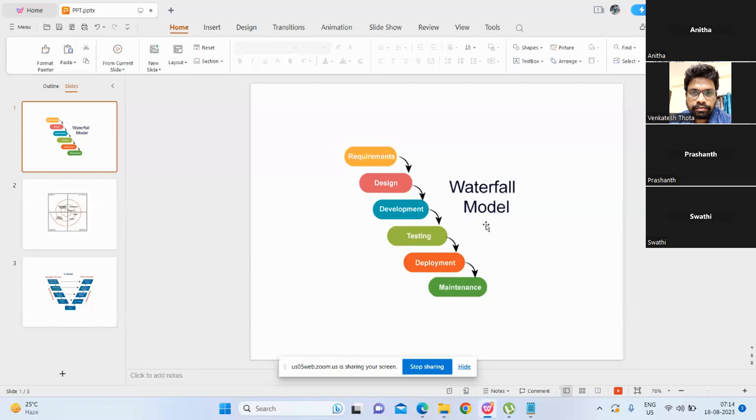So initially, what software companies followed is the waterfall model. They have designed this one. According to that, they used to follow stage by stage in order to develop the application. So here, if you see, the main thing here is,